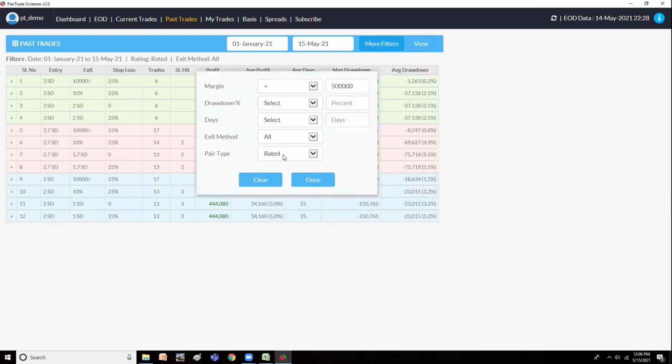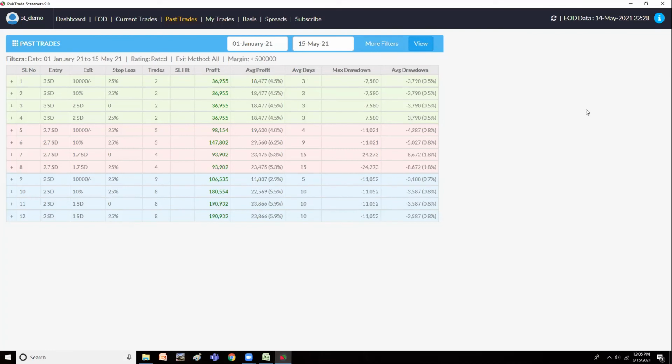Here, if you see, all are rated pairs, right? Only rated pairs we are taking. So, just say view. You'll see if you have less than 5 lakhs also, you would have made at least a lakh here, 35,000 here. So almost 6 trades, 4 plus 2, and you would have made at least 1.5 lakh profit, or maybe 20,000 per trade is the average profit you would have made. So 20 into 6, so 1.2 lakhs minimum profit you would have made if you had taken these trades.